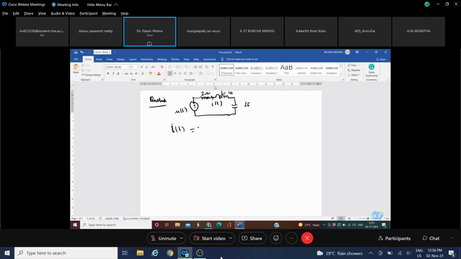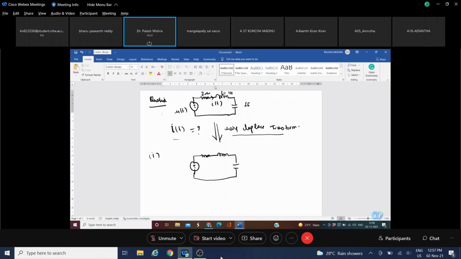You have to find the value of it using Laplace transform. Please tell me the solution for this question. I'm giving you some time, and then let me know. So first step, what will you be doing? You have to create the equivalent circuit in the Laplace domain. So I'm creating one equivalent circuit in the Laplace domain. This is R, L, and C.